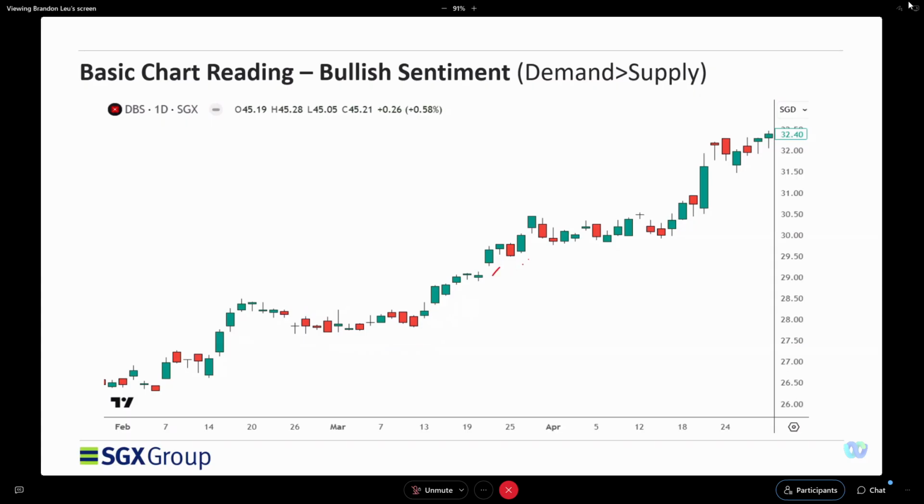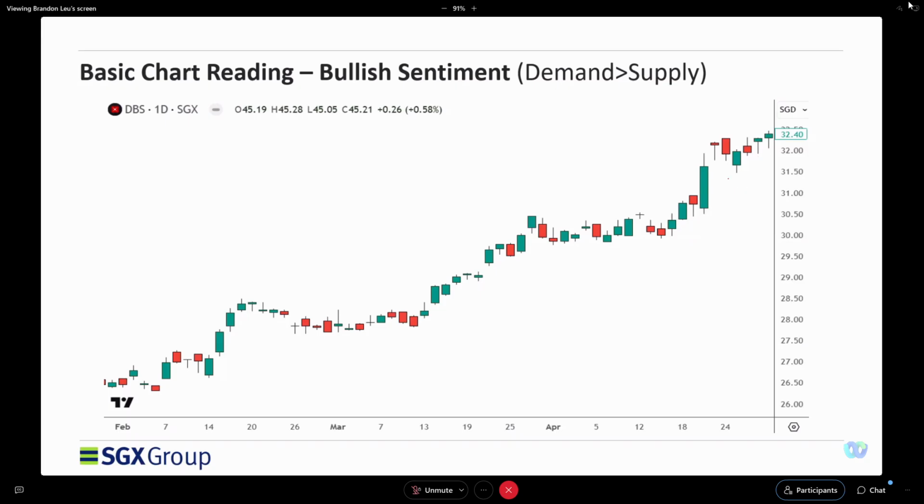So you'll see more green candles, and when there's selling, the body of the trading session is much smaller. Even though there's quite a large selling, in the next 2 days, immediately the buyers will come back in to buy back at lows. This is a characteristic again for a bullish trend.